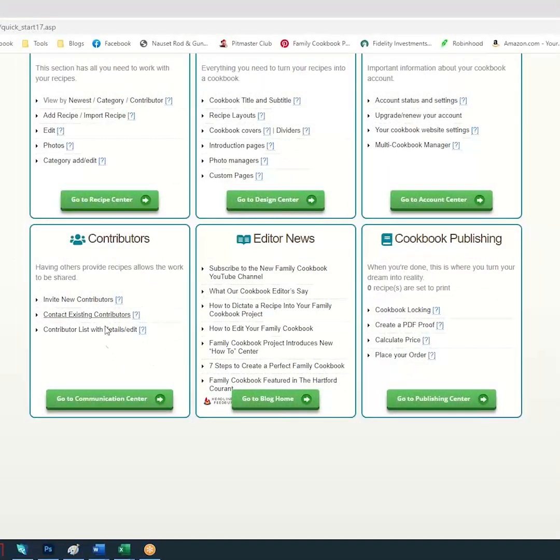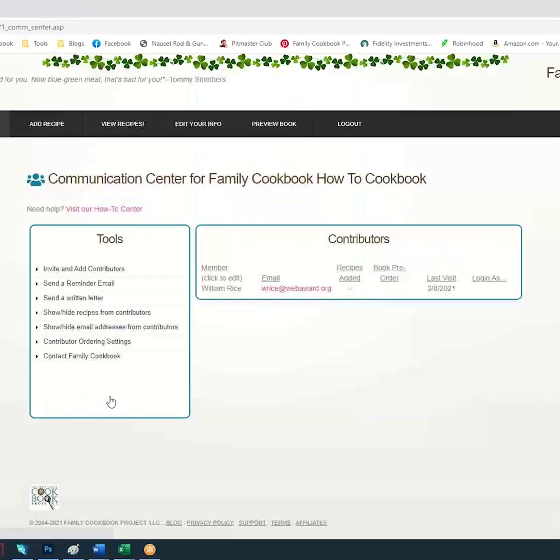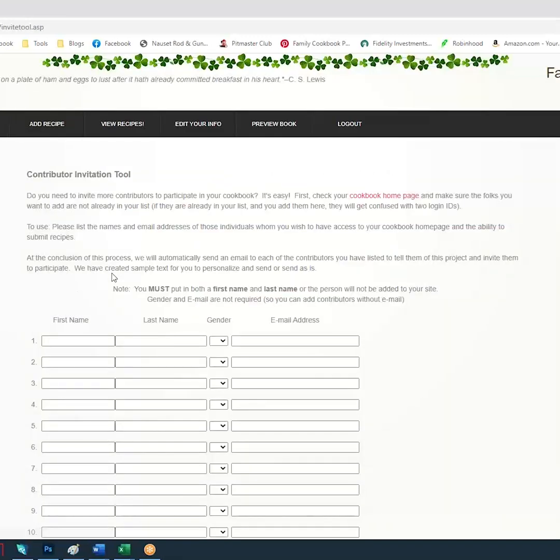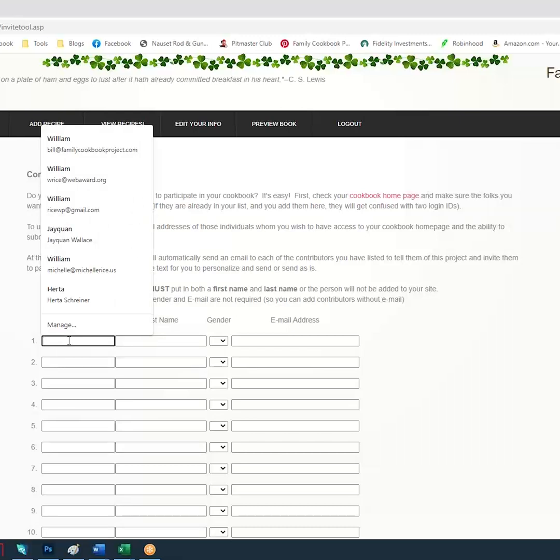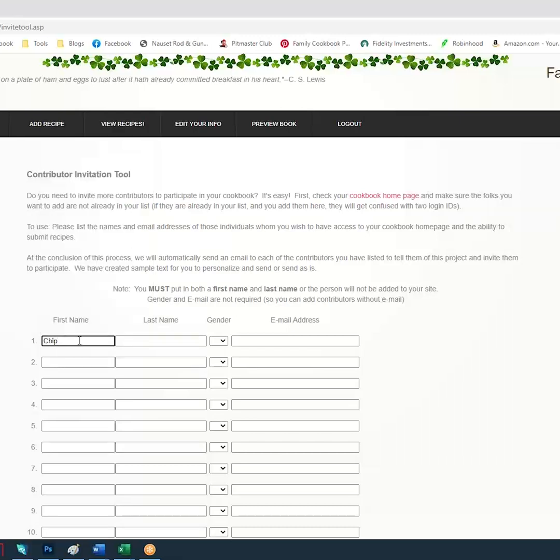And there's a couple of quick links up front, but we're going to go to the Communication Center and start here. Now, this is the list of contributors, and I'm the editor, so I'm the only one listed right here. So we are going to click Add, Invite and Add Contributors, and we're going to type in the person's first name,